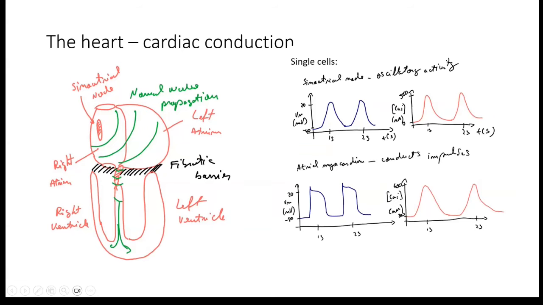So this is a sketch of how the electrical activity looks in the sinoatrial node. It's oscillatory, and you also have calcium that oscillates, usually in the healthy state in phase with the voltage. So basically the voltage is a signal for the calcium, and the calcium oscillates with the voltage. And the calcium is also very important in the working muscle because it is the signal to contract. So basically that's the end effect of this signaling, that you want the muscle to